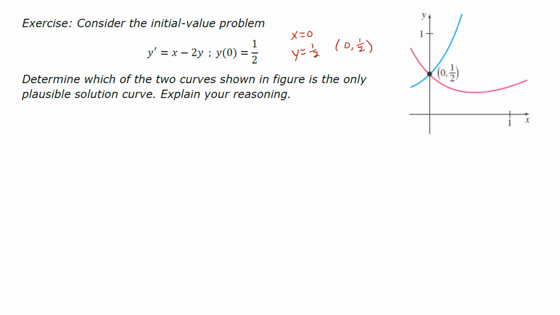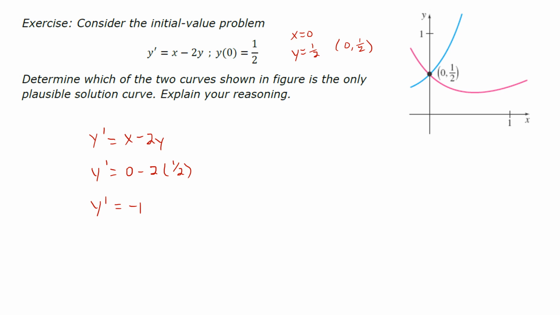Okay. We also know that if we were to plug in this initial condition into our derivative, y prime equals x minus 2y, we would be able to find the slope of our curve. So y prime would equal 0 minus 2 times 1/2. So the slope at this point specifically, y prime would equal -1. Okay, so